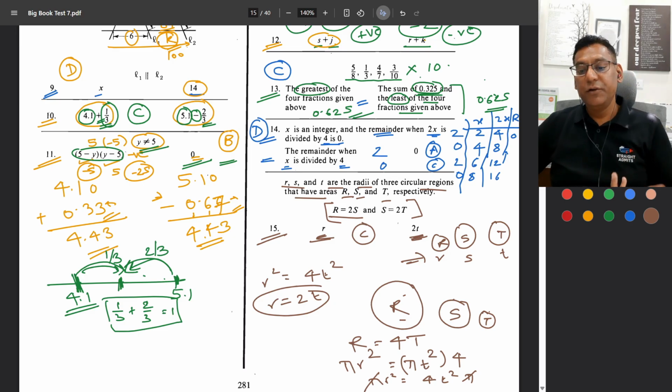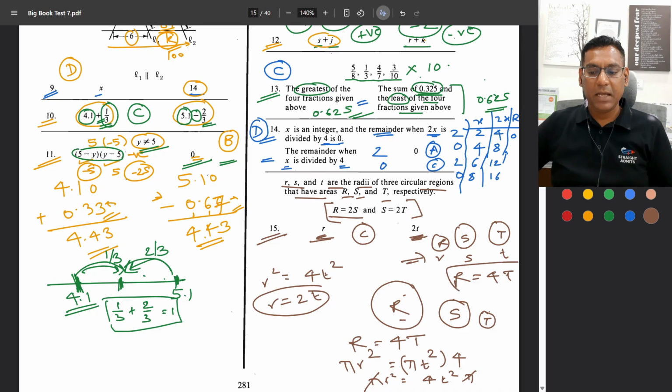Intuitively also you could have done it. How? You know that the area R is equal to 4T. That much you'll have to calculate. And if the area is 4 times, the dimension, X direction or Y direction, has to be the root of that. Because area is basically the square of the dimension, and the dimension is the root of the area. So the dimension of circle R is going to be 2 times, that means the square root of 4 times, the dimension of